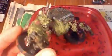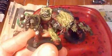So I got more work done on my Nurgle obliterators, and for the most part, they're almost done. This guy just needs his little eyes done. I went in and did some rusting effects on the paint chips. Not really happy how it came out, but